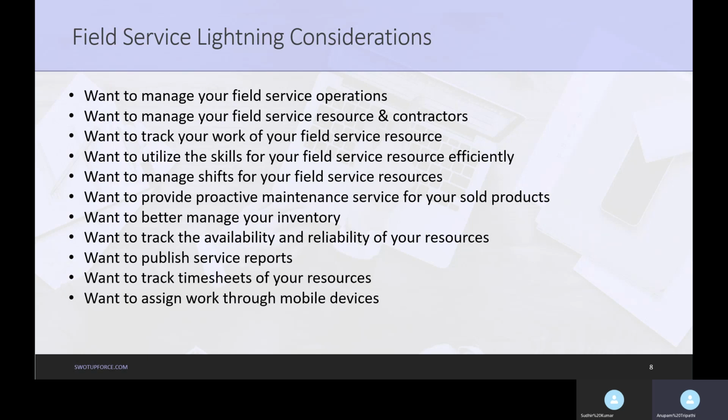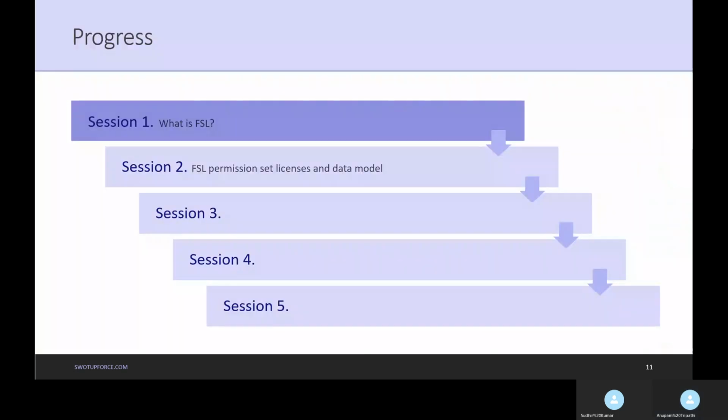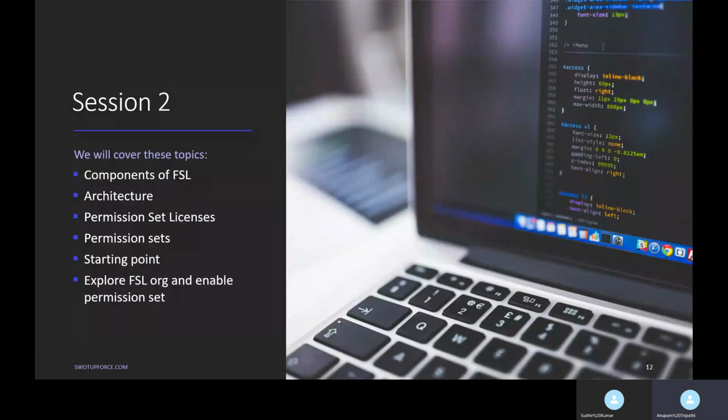Lastly, we talked about the roles. We have admin roles, agent roles, resources, dispatchers, self-service, and community dispatchers. So this was the first session.